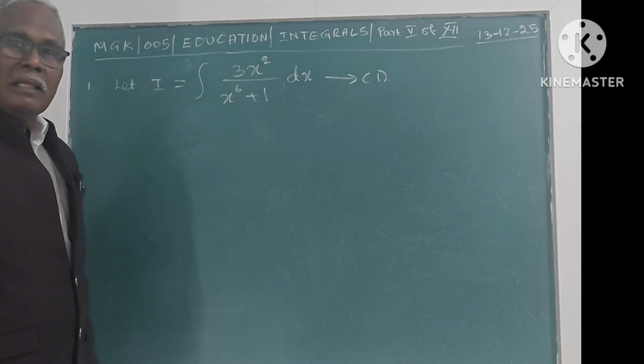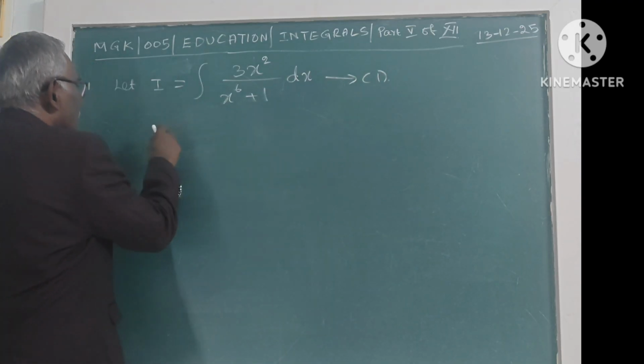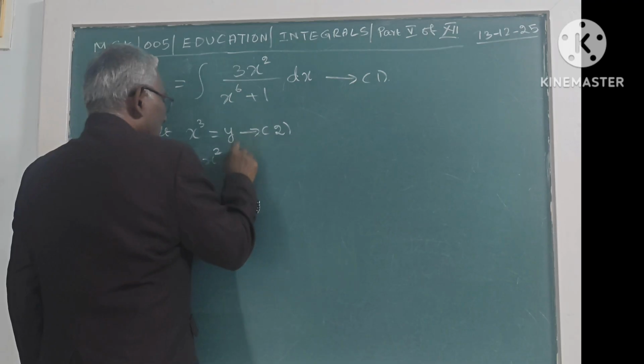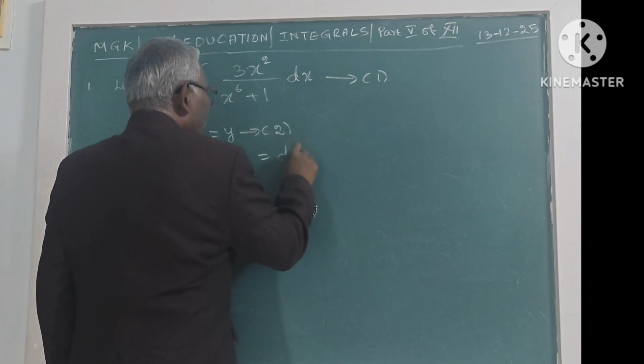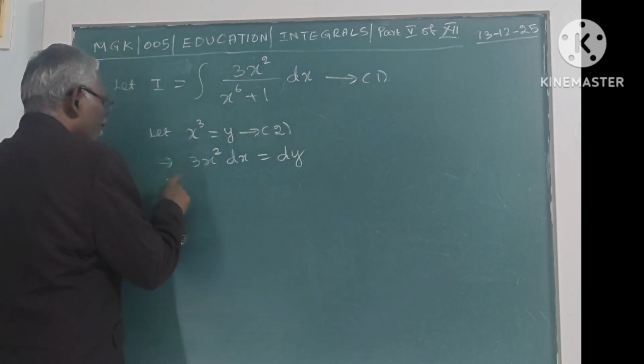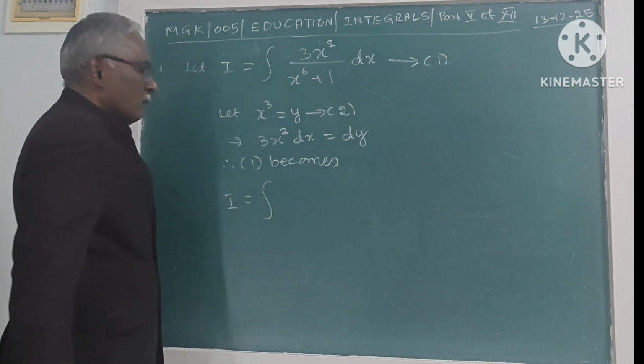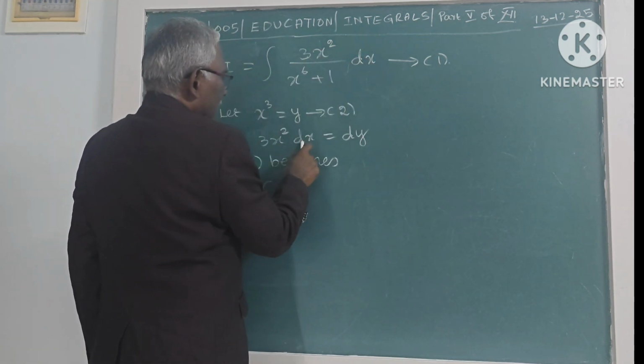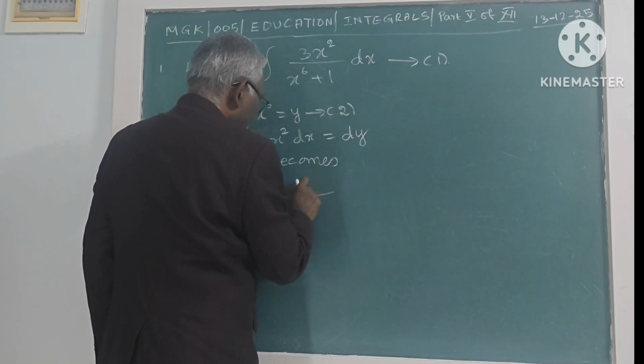So we take x cube as y. This gives 3x square dx becomes dy. Therefore the integral becomes the integral of 3x square dx, that becomes dy,